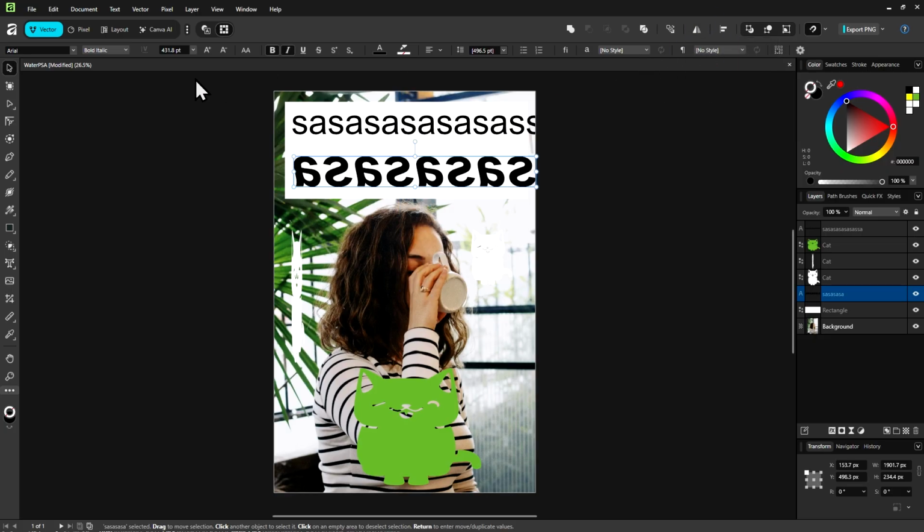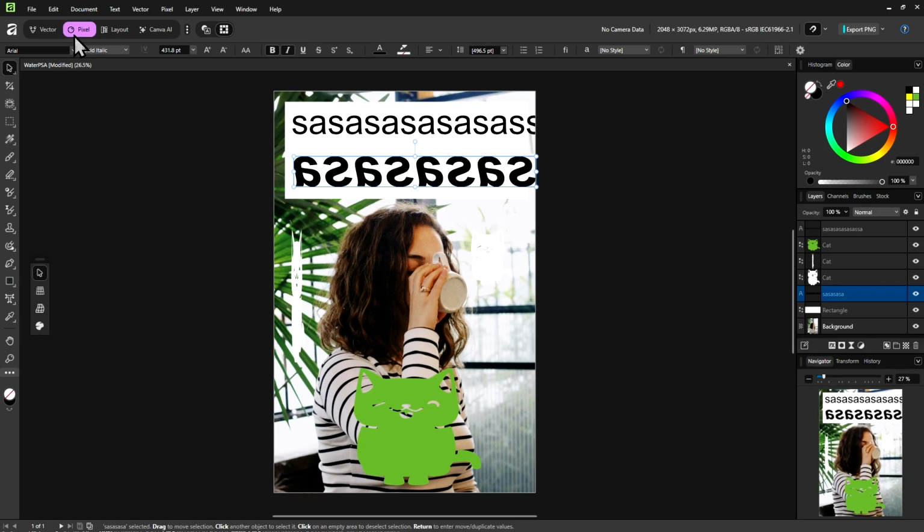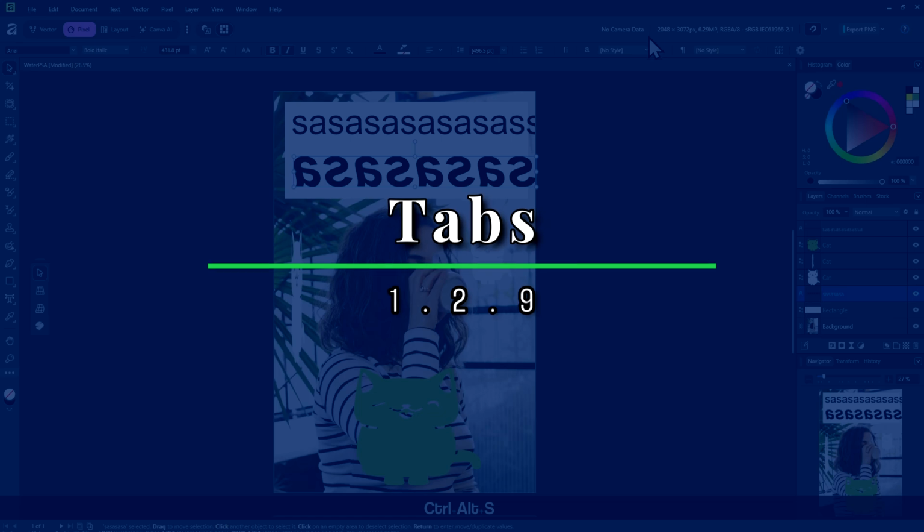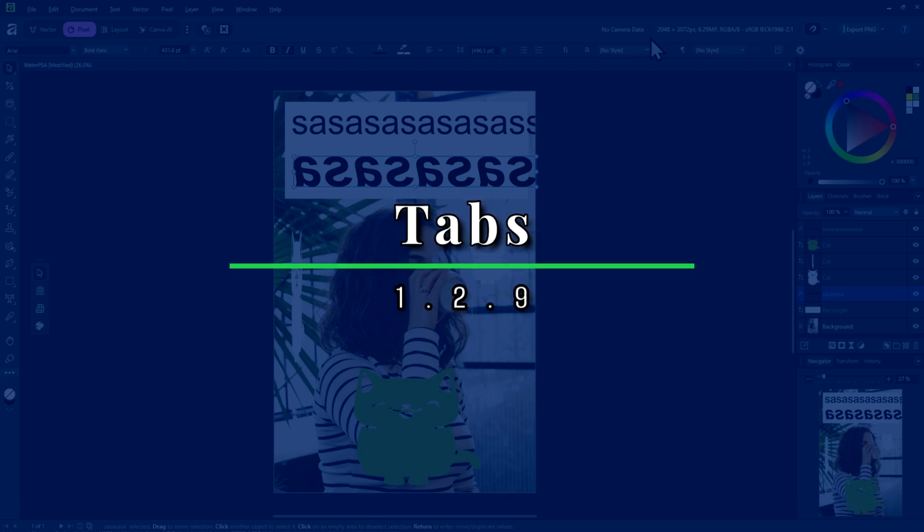But let's go back to the Pixel Studio and you will see that the tools aren't there anymore. So the tools on the toolbar will be dependent on which studio you are in, but you can customize them later, which we will go over extensively in another video. Alright, that should be it for this video.